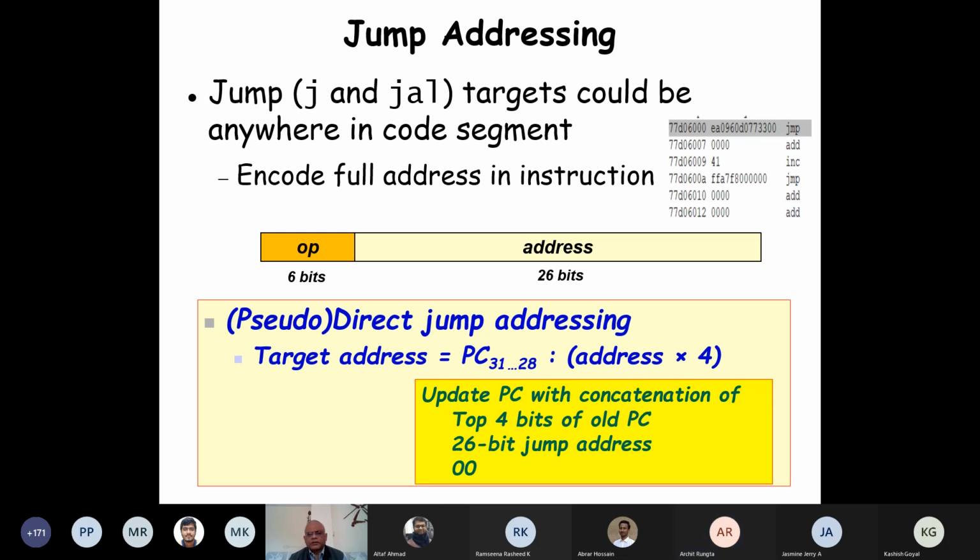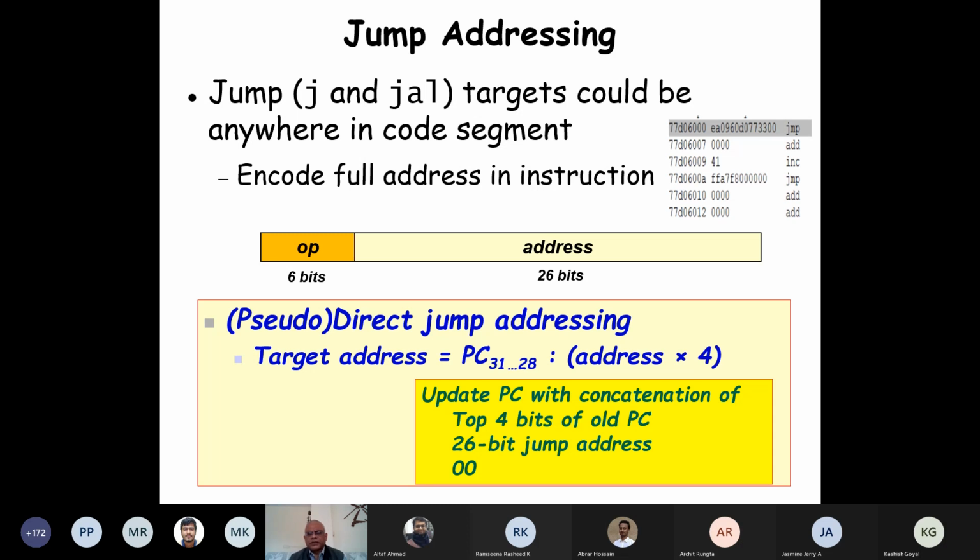We cannot, because as you know, there are different segments in the memory, the code segment, data segment, and so on. There are the operating system and so on. We don't jump there. We only at most go from 0000 up to 1111 in this 26 bit. And of course, as we were saying, in assembly programming, we don't really calculate the first instruction address, last instruction address, etc. That is for our understanding.